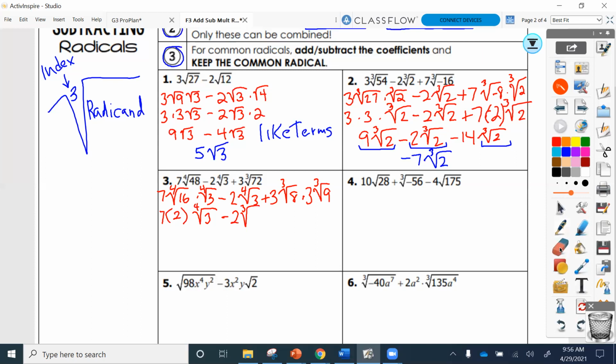Let me erase that. But the cube root of 8 is 2. So this would be 3 times 2. And we can't do anything with